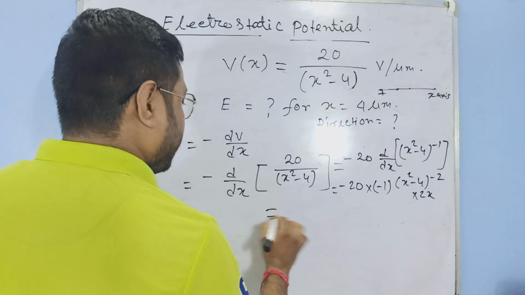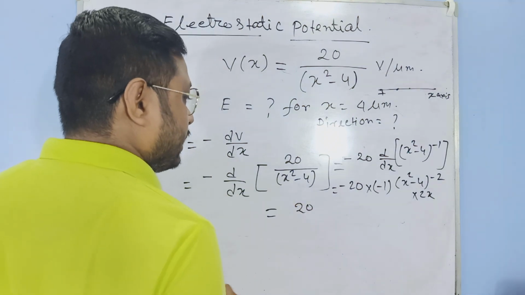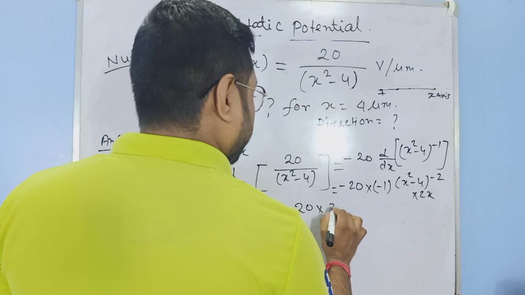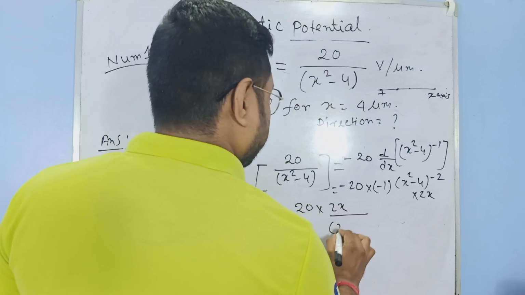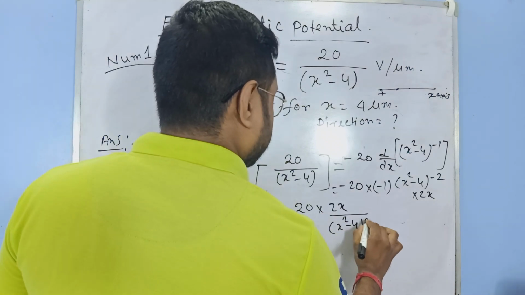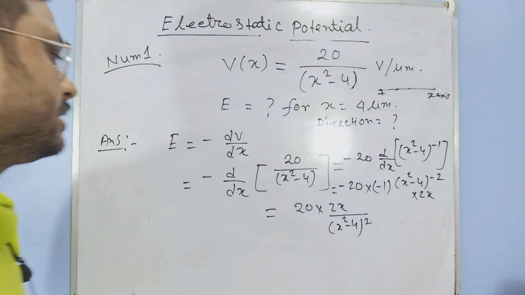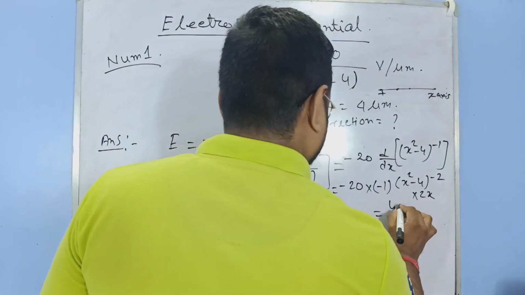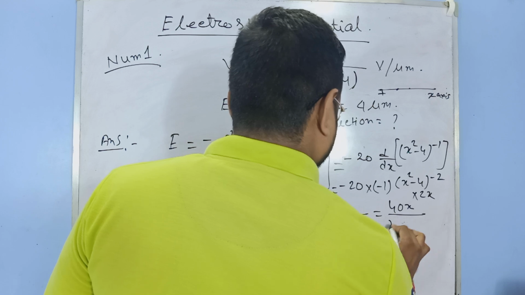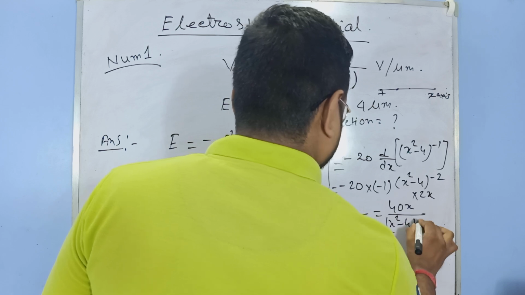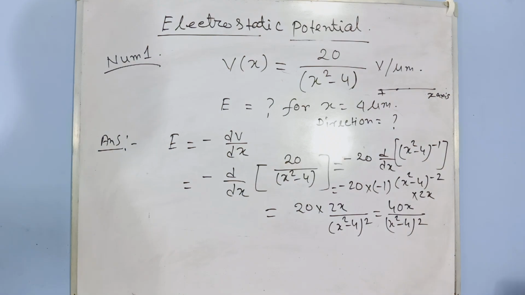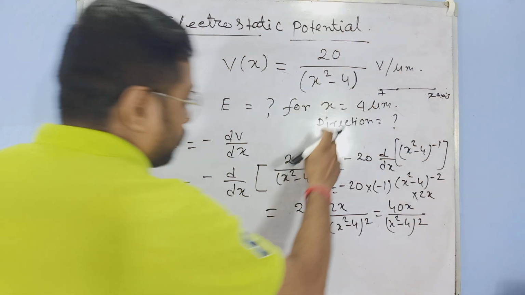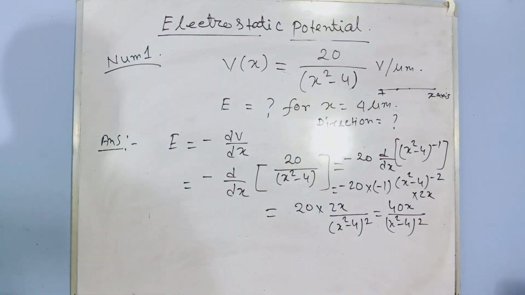So we can get finally 20 into 2x divided by (x square minus 4) square. Okay, that is 40x. We can get 40x by (x square minus 4) square. This is the value of electric field. Now we put the value x equal to 4 micrometer. Okay,